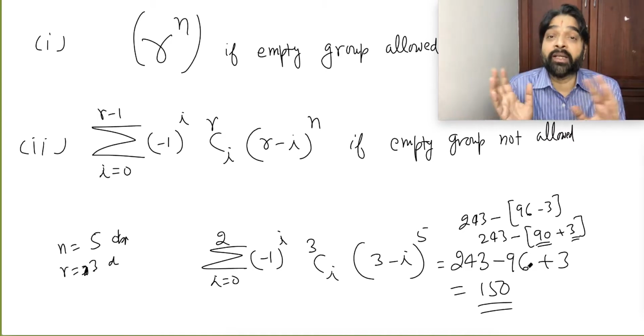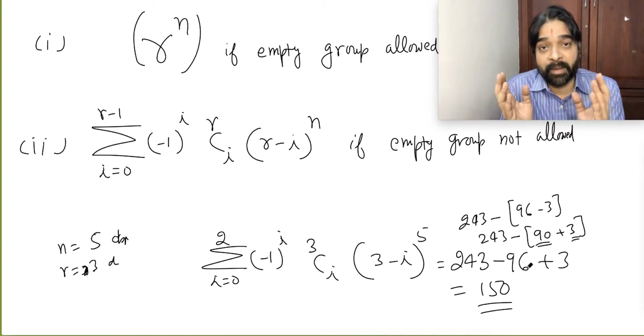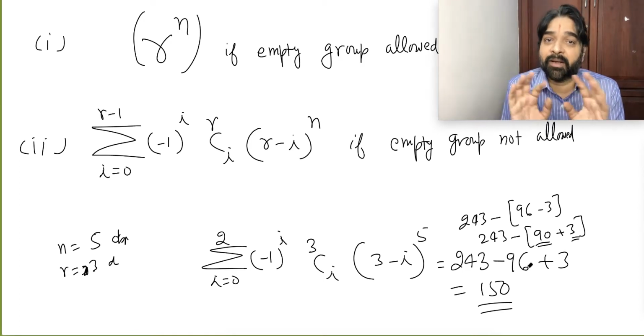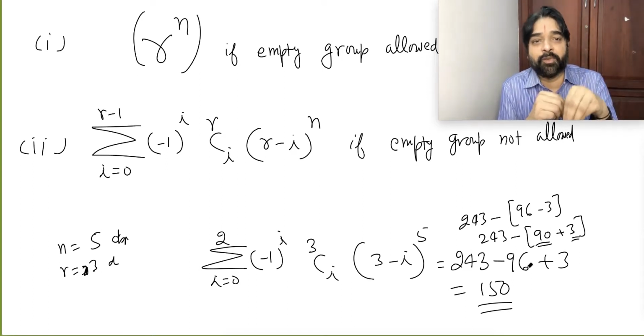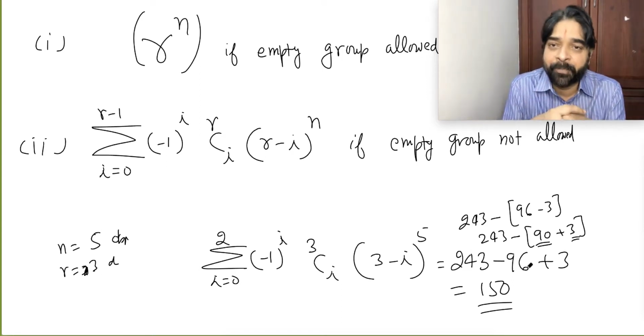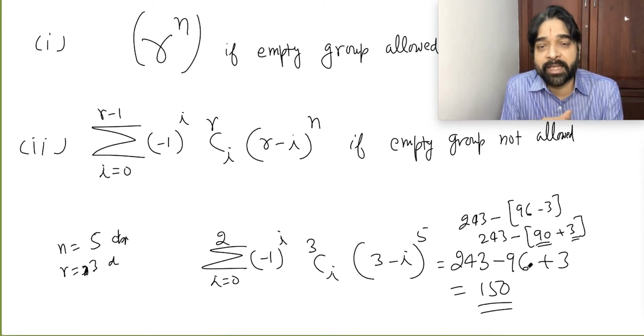Distribution, what are the cases that can happen? First, whether size is predefined or not. If size is predefined, then we talk about the order. Sir, why don't you talk about the order when the size is not predefined? If size is not predefined, then all possibilities we are already considering. We don't have to do arrangement. Understand my point? We are putting one object, then we are putting two objects. So all the possibilities are taken care of. So we don't talk about their size order.